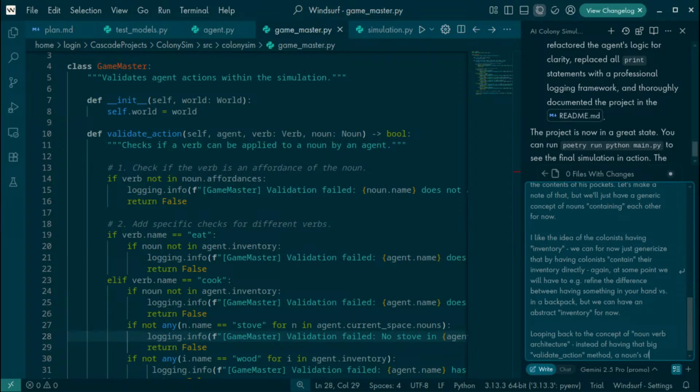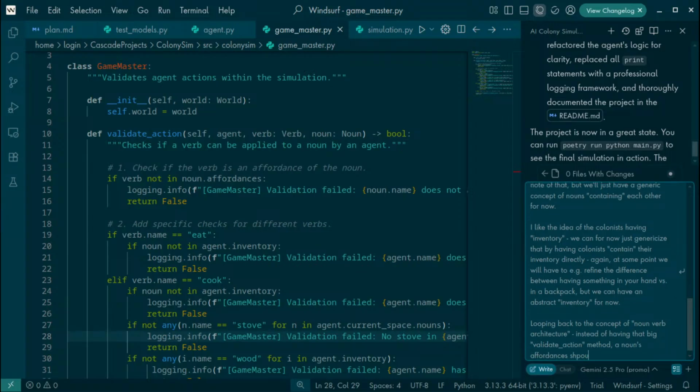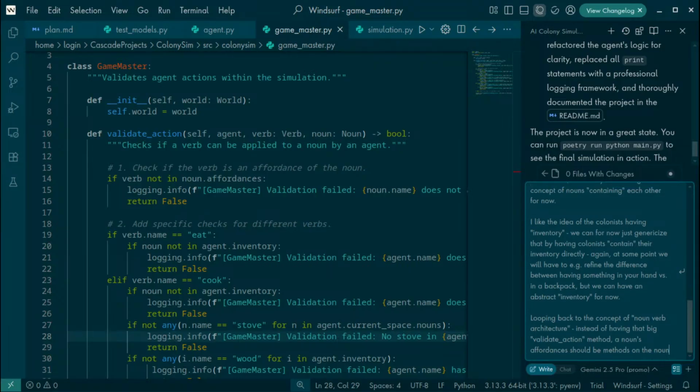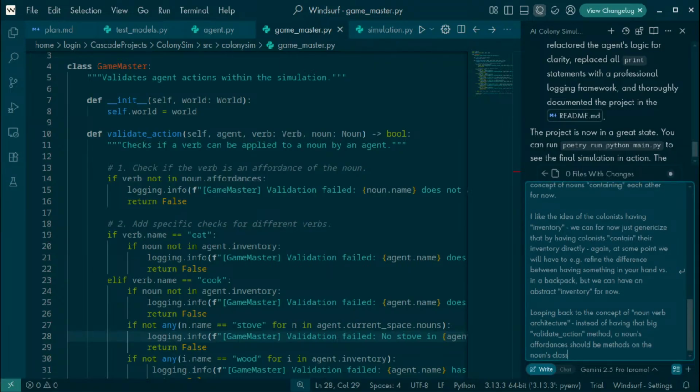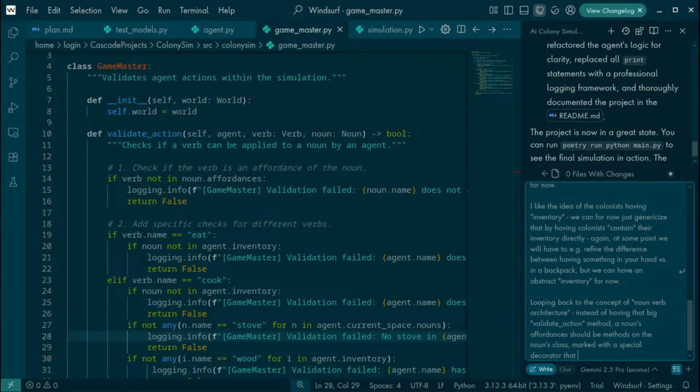A noun's affordances should be methods on the noun class marked with a special decorator, a verb decorator that makes that method a verb.